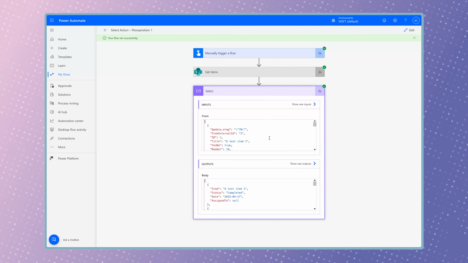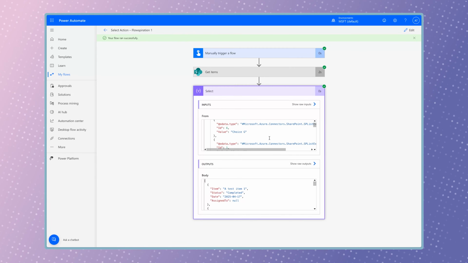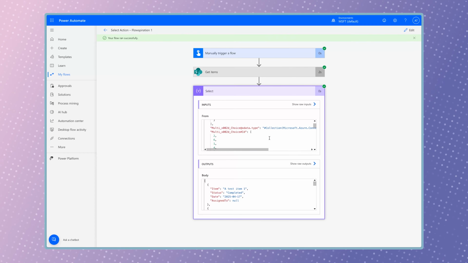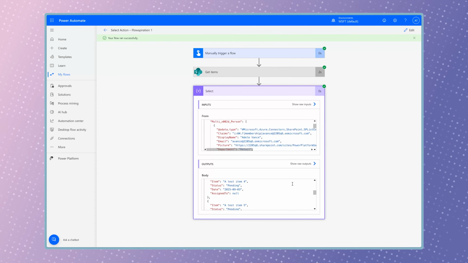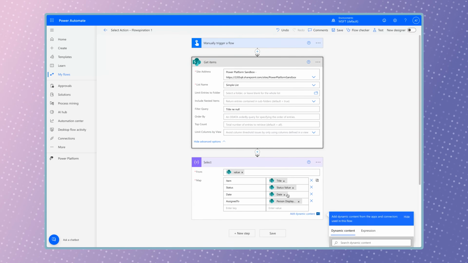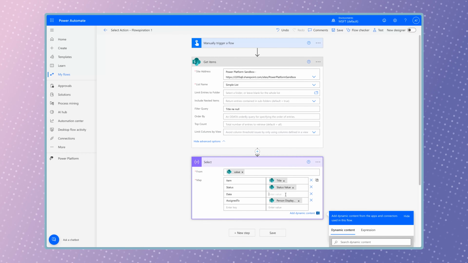In the inputs, you'll see all the original data pulled in from the SharePoint list. In the outputs, it's only outputting the values that were mapped. This is helpful when you want to keep your flows clean, reduce complexity, or prep your data for something like an email or report. When using a select action in your flow, you can also manipulate the values like formatting the date,